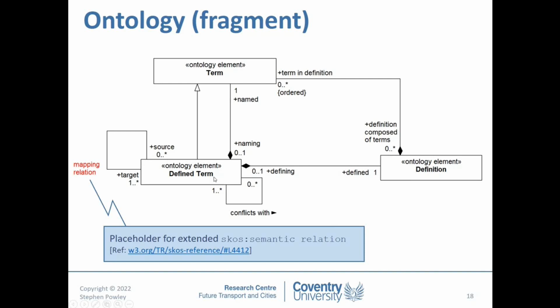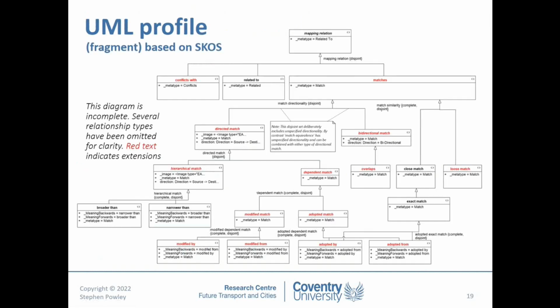And a defined term is composed of a definition, which itself is composed of terms, and also a term, and these terms have roles. So the term is what we use for naming it, and then the definition is what we use for explaining it. So if we combine that with the ideas that we looked at in that Venn diagram, then we can develop a hierarchy of relationships that we can then apply to the relationship mappings between the terminology and definitions in our standards.